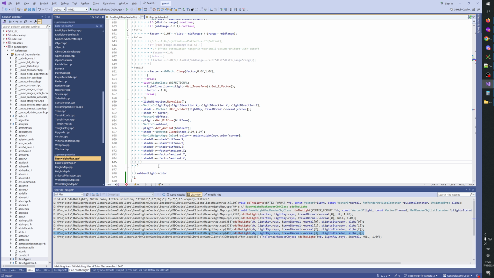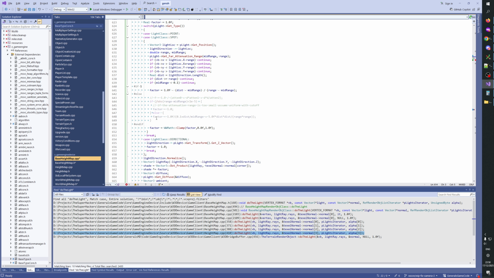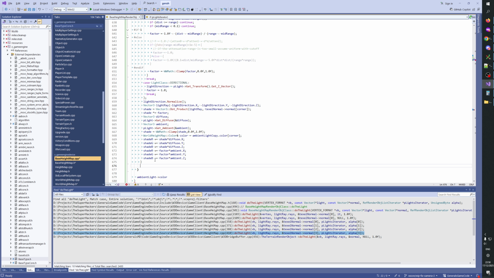Okay, and then what we need to do now is at the end of the loop, which is here, then we do shade R plus equal